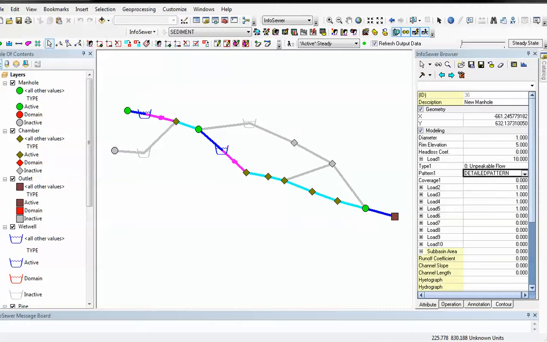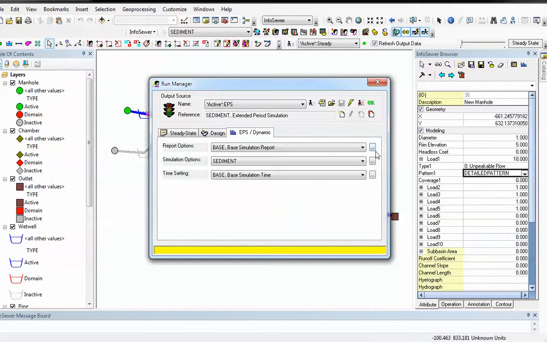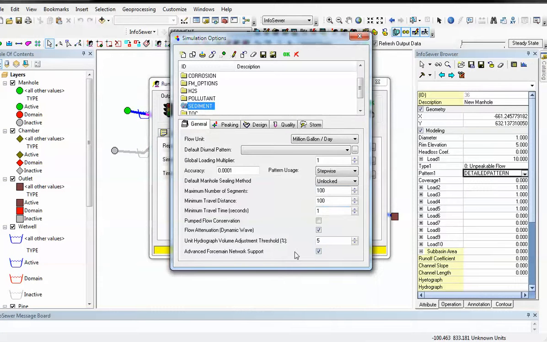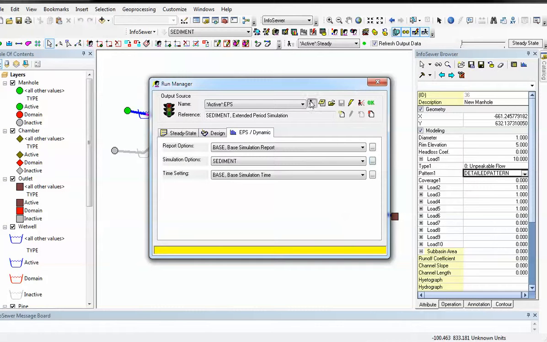This is the EPS Infosewer program, and now we're going to look at the advanced force main solution for EPS simulation. If you remember from the previous advanced force main video, you turn on advanced force main by going to the general tab and turning on advanced force main support and optionally flow attenuation. So we go ahead and run this,